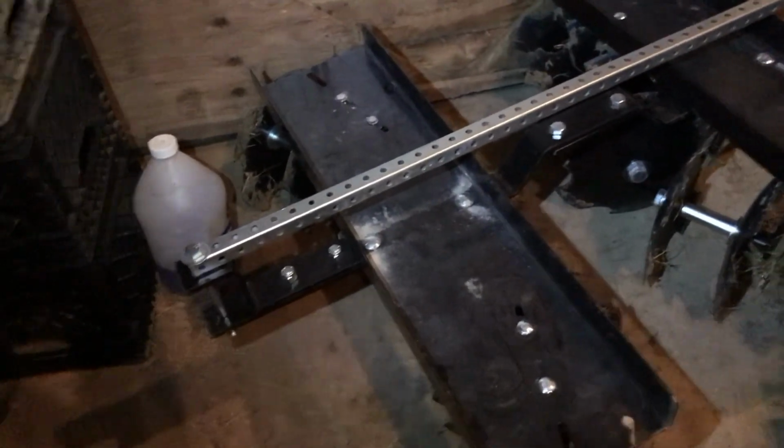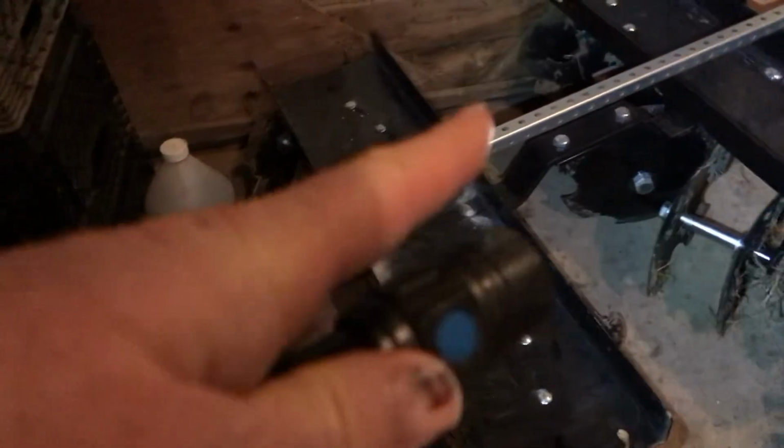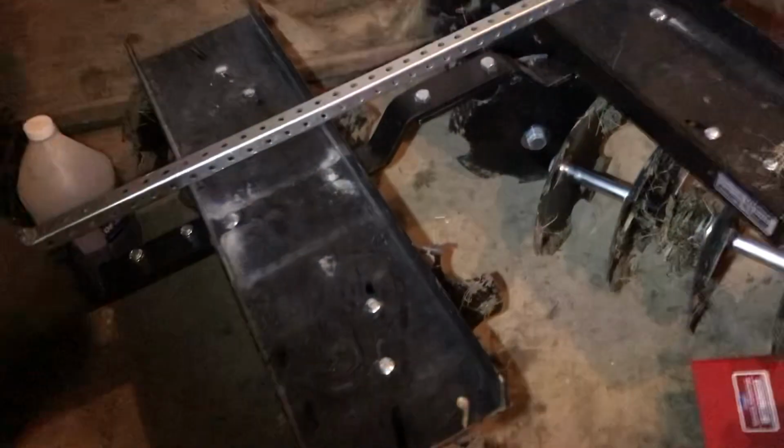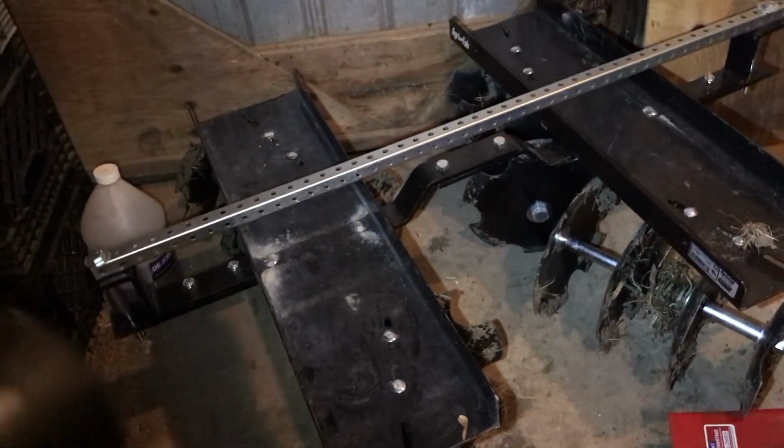If I do separate them, I'm keeping the perforated steel bar, and I'm keeping the Reese tow bar brackets. I'm going to keep those if nobody wants to buy the double disc. Okay. On to,